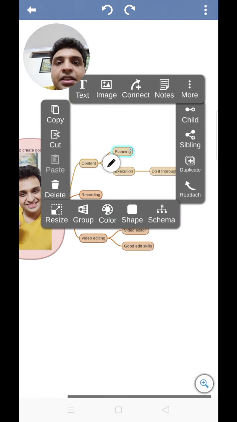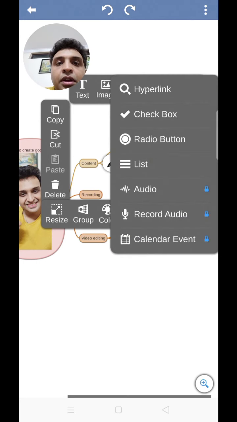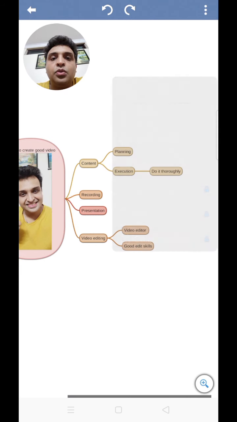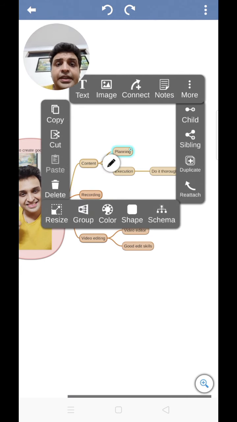And since I was showing you an image, what you can also do is add something like hyperlinks to your website. You can also add audio recording and everything, but those are pro versions. If in case you want, you can add a checkbox to check mark it. You can create a listicle basically, if you want to do that. So that's what you can do as well in this, right?